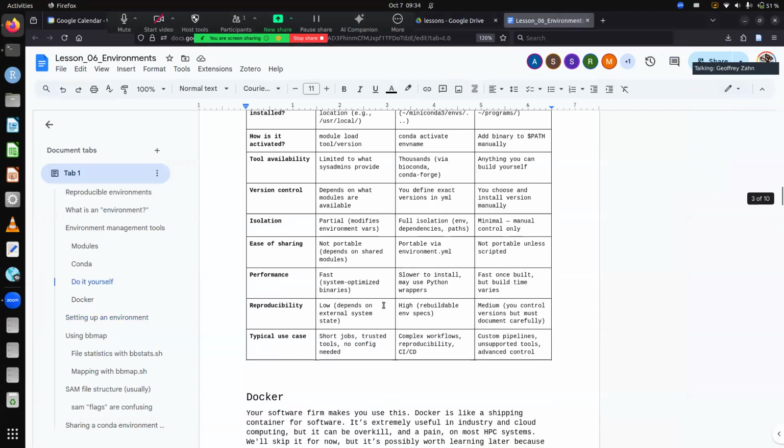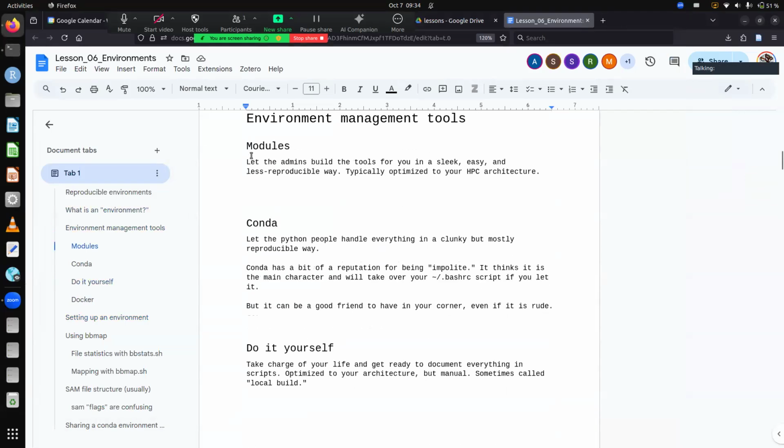So let's see here. Talk about what modules are. They're pretty straightforward. What's the downside of it? Somebody else has to install it. If you're working with a person at another institution with access to your cluster and you don't have that module, you and they don't have this software. The good news about modules is